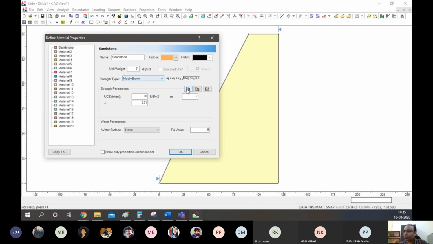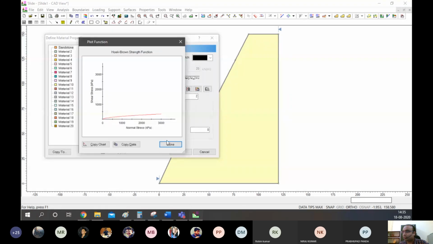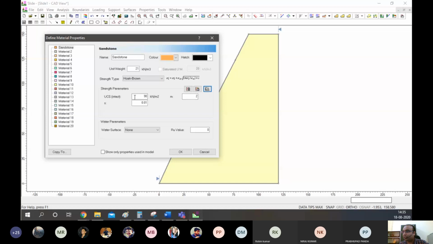I will show you later on how this is done, but I don't think that is available for this cracked version. So when we click on this, we can actually get the values of S and M based on what type of rock is there. So that becomes easier. But for each S and M, there are definite equations containing factors like the disturbance in the rock, how fragmented it is, the infilling material, or the weathering pattern. I think it even includes the disturbance factor as well. So based on GSI ratings and all, we can find that.